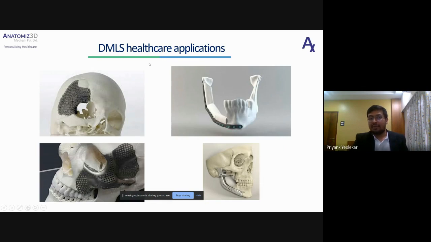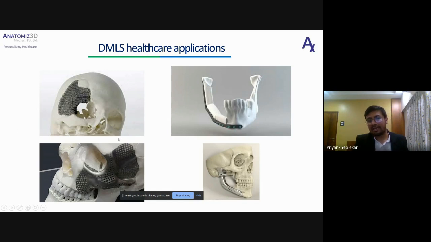So how is DMLS used in healthcare applications? It is very obvious that it is used for metal implants. There are different kinds of materials used in DMLS technologies, but when it comes to the healthcare sector, titanium is normally used.